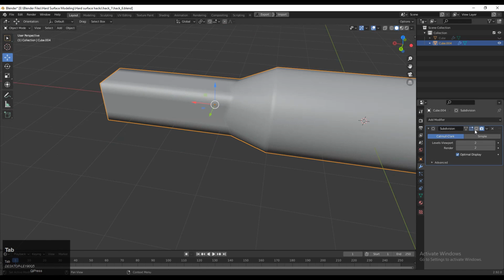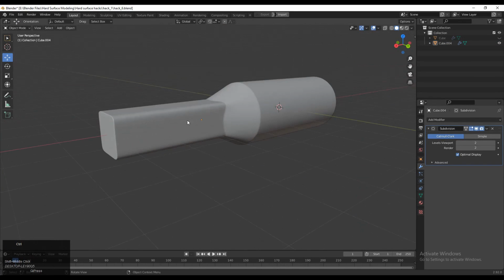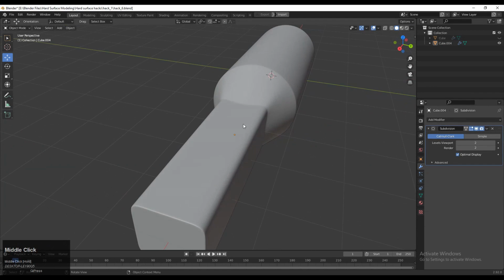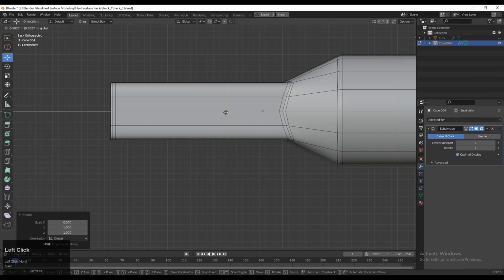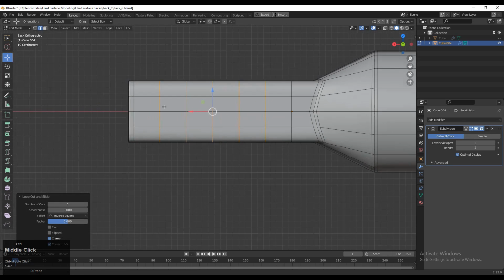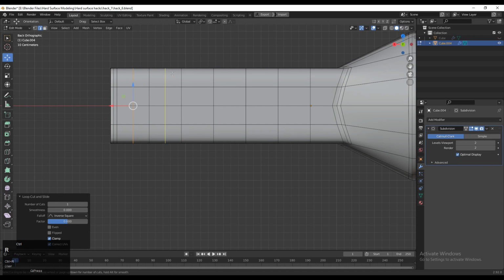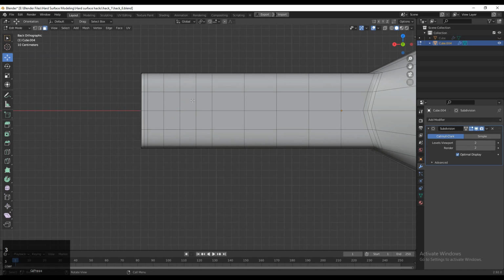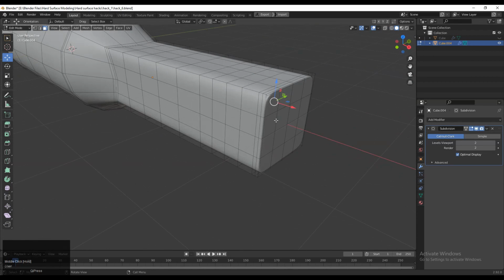And then turn on your subdivision surface modifier, and you can see we got a decent look on the model, decent curve. So I want to create a little bit of boolean design there, so that's why you need to add a few more loop cuts there. So add the loop cuts like this, and then select these faces and select the faces from this side also.